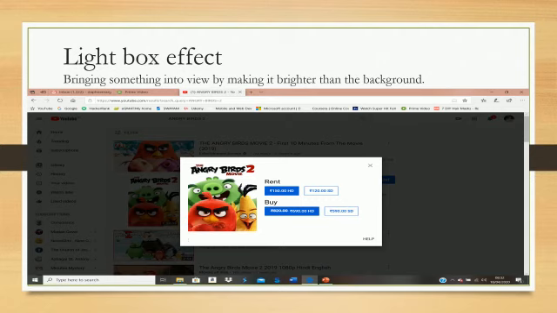In this figure, the new overlay is shown while the entire background is darkened out. So, the lightbox effect is the process of bringing something into view by making it brighter than the background. This effect is useful when the dialog overlay contains important information that the user shouldn't ignore.